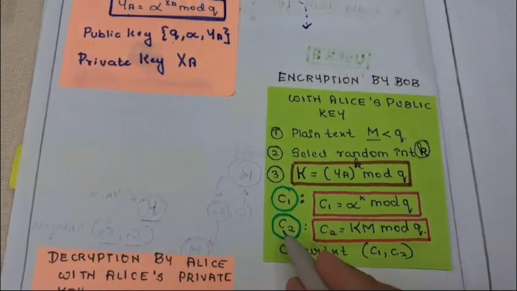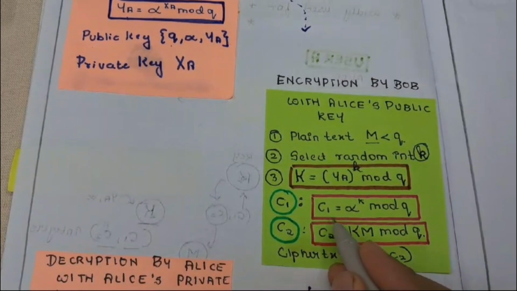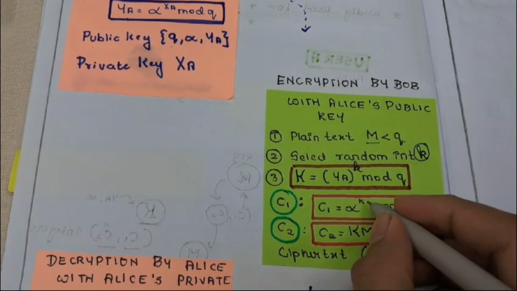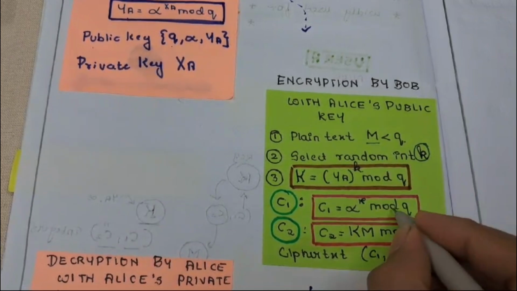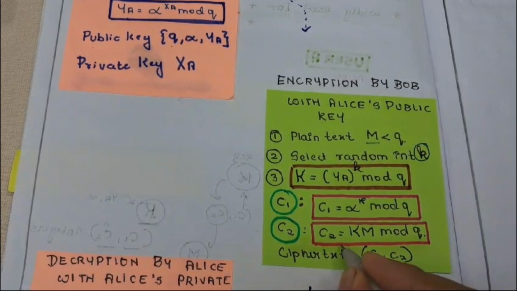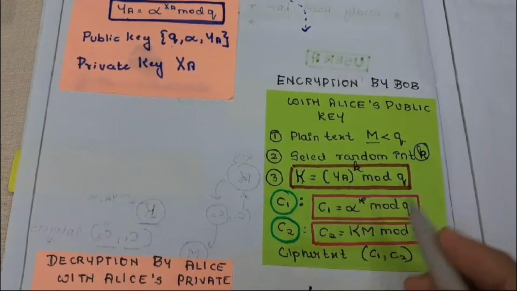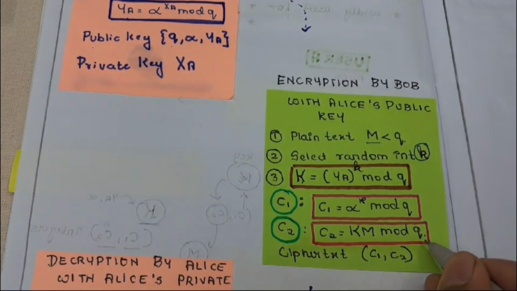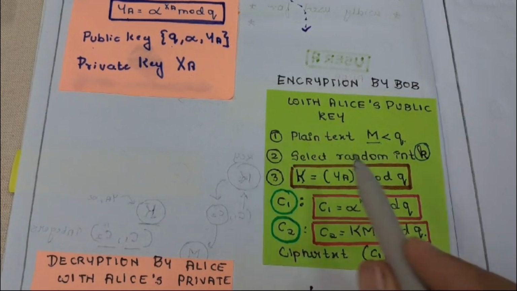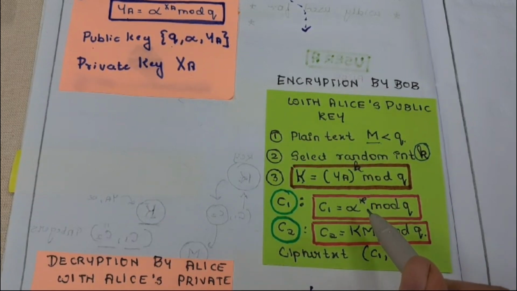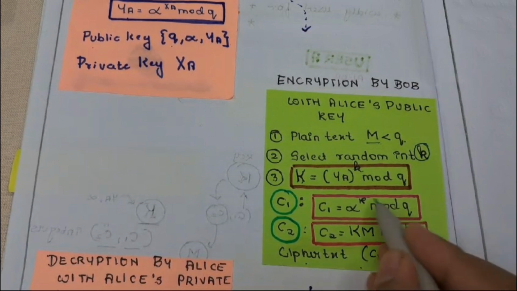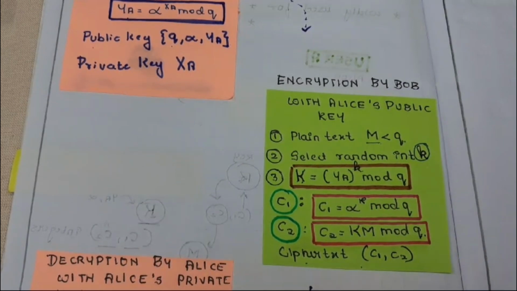Then we are going to have our first ciphertext C1, which is equal to alpha to the power small k, which is nothing but the random integer, mod Q, and C2 equal to the secret key into the message mod Q. So the formulas in the boxes, there's no alternative for it. So we need to remember it. So the ciphertext we have generated, C1 and C2, using all these parameters, and we are going to send it